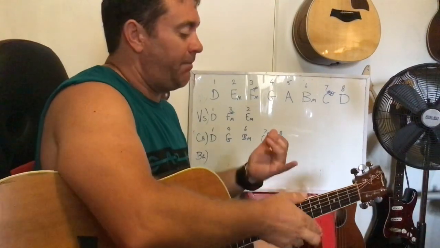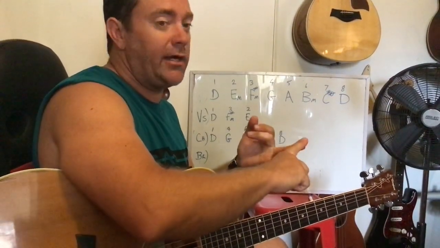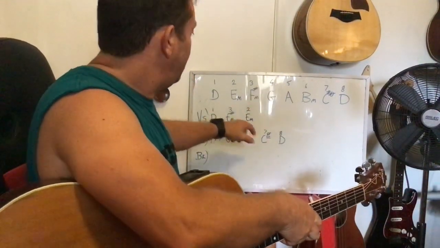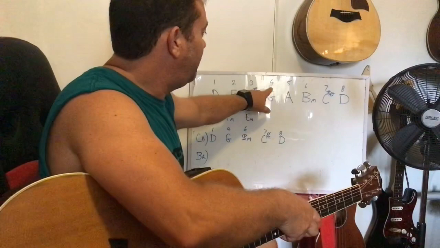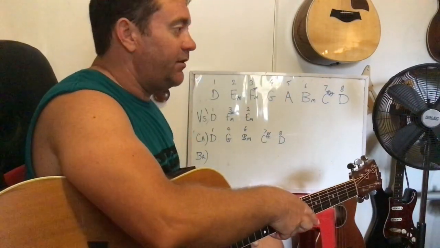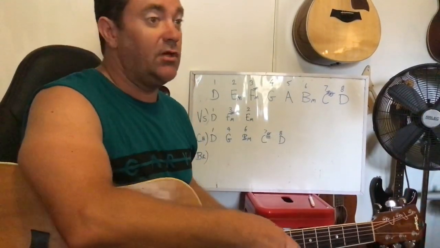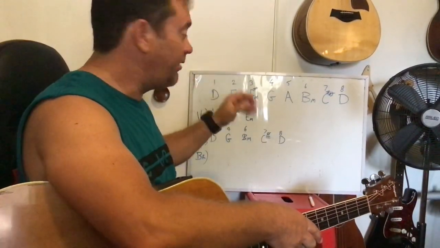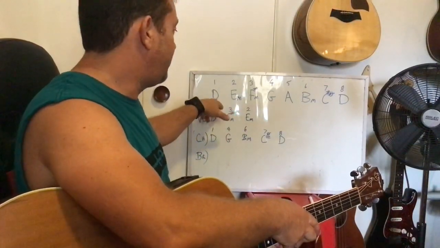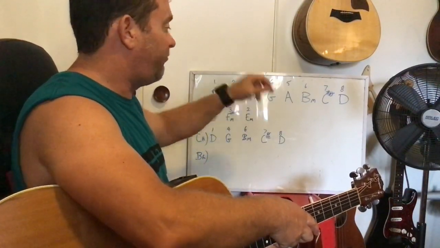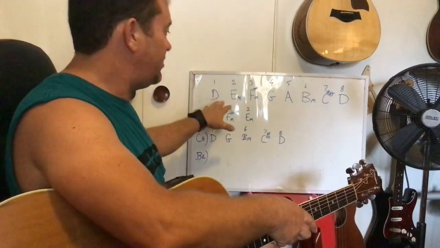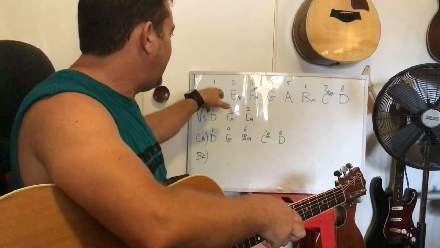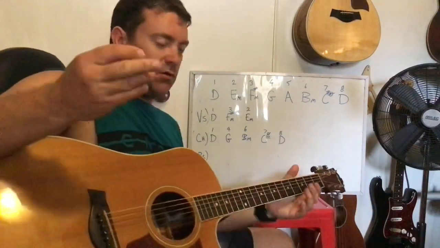So if you were a pop artist, a rock artist, a blues artist, a country artist, you would pick the 1, the 4 and the 5. And most songs that you know use the 1, the 4 and the 5 in whatever key. It might be a minor key, it might be a different letter, it might be an E or an F key, whatever, doesn't matter. D major. So if we were in D major and we wanted to play a really simple song, we'd play the D, the G and the A. So if it was a country song,